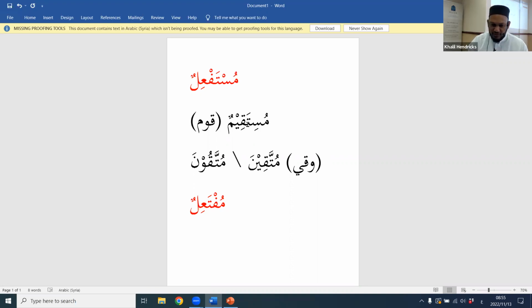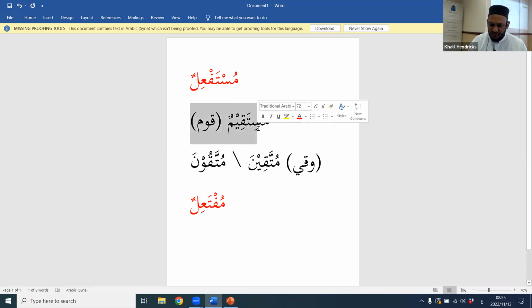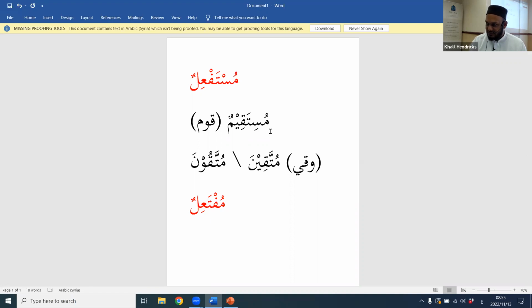You with me? Because you know that this part here represents the root. So this part here must represent the extra, the musta. Okay, so that's one clue of how you get there. That's a reasonable clue, right? So when I get there, it's either going to be mustaf'ilun and or mustaf'alun, but let's go with mustaf'ilun